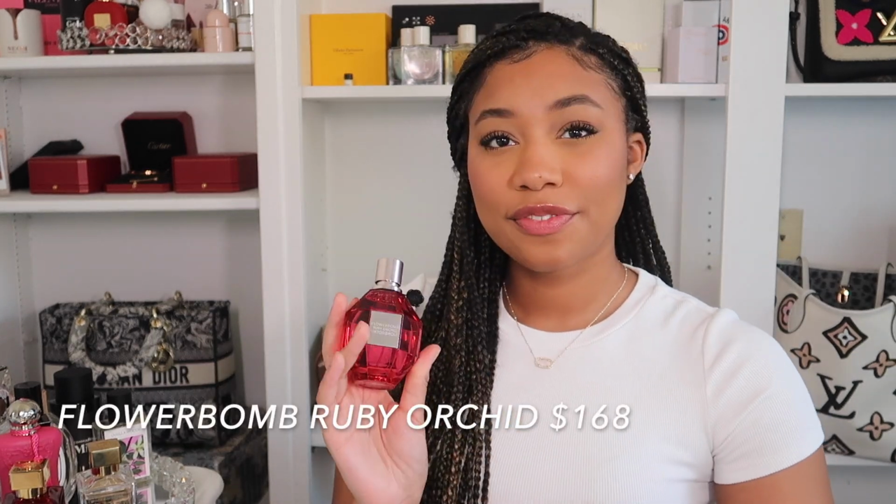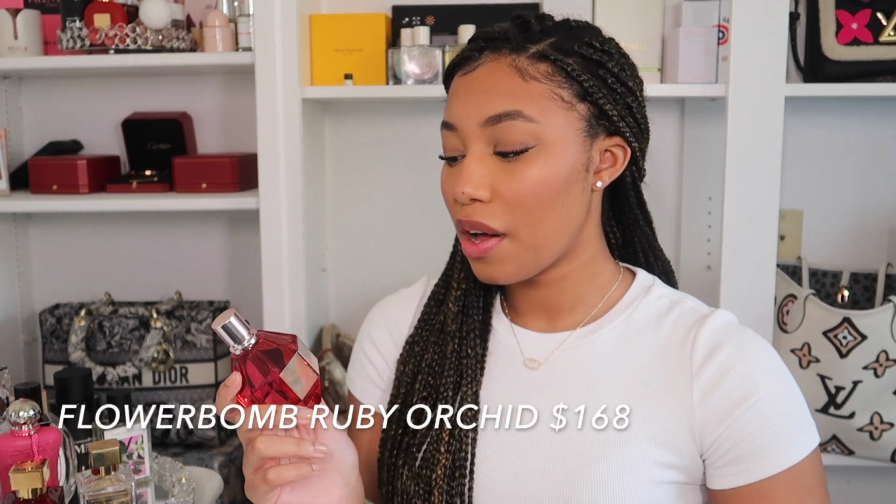Last on my tray is a new addition. I just got this a few days ago. This is Flower Bomb Ruby Orchid from Viktor and Rolf. They sent me this as a Valentine's Day gift and I was like, oh my God, I love fruity scents. I love vanilla, and this has peach, vanilla, and orchid. This smells so good. This is what Tom Ford Bitter Peach should have been. I'm a really big fan of Flower Bomb, but this version is my favorite by far